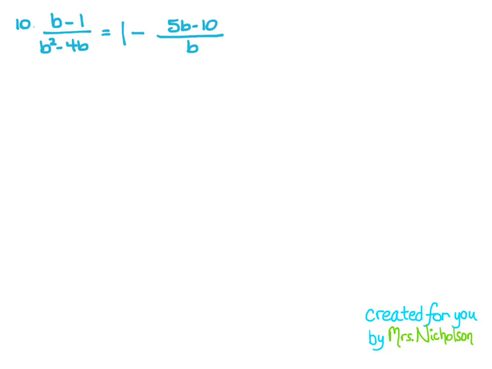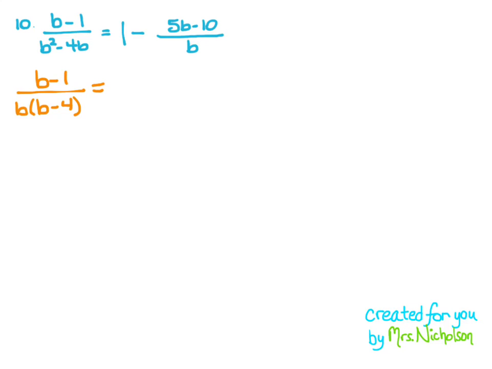And whenever I've got rational functions in an equation, if I'm going to solve it, I need to simplify things down to where I have just one rational function on either side of the equal sign. And so the left side here is okay. B minus 1 over, and you know what, I think I'm going to go ahead and factor that because it might be helpful to us later,